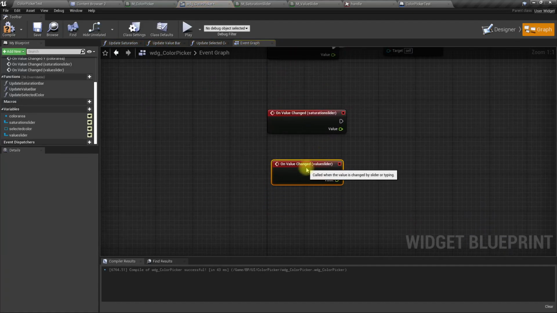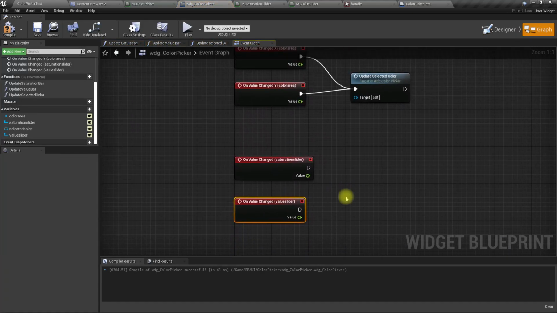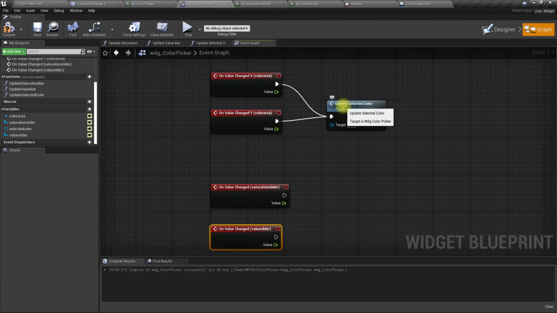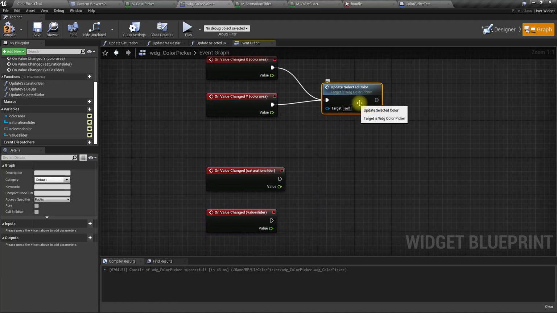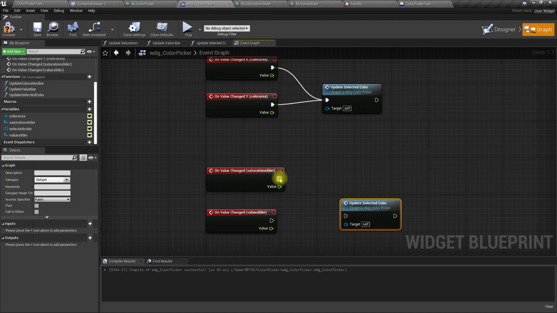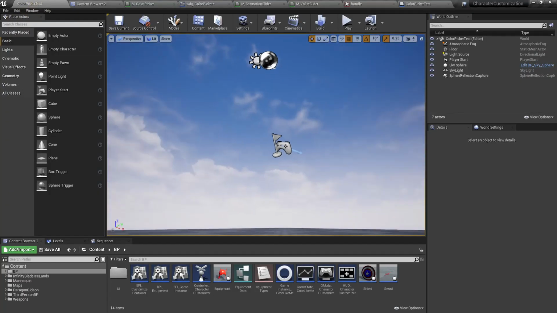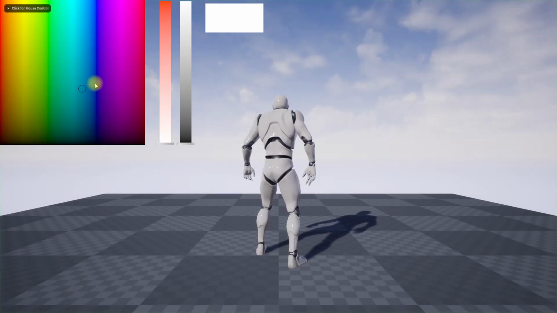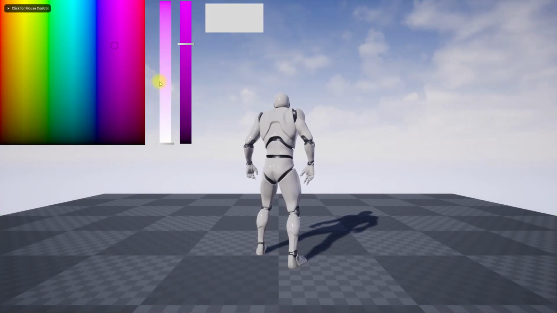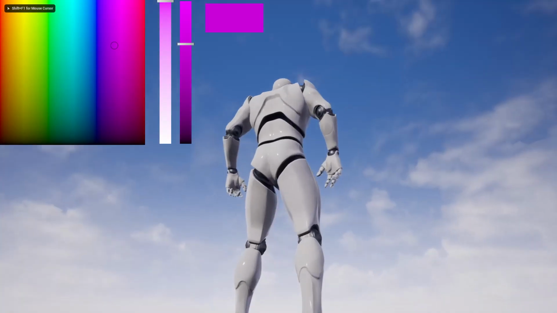Now we have two events, so here also we need to update the selected color. I think we can use the same function without any issue, right? Yeah, see,